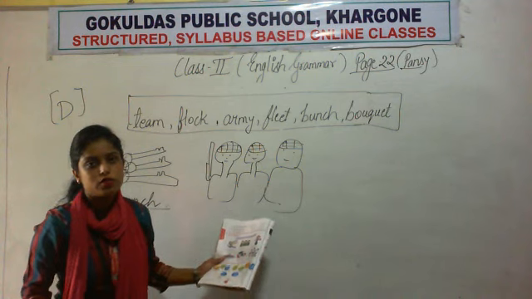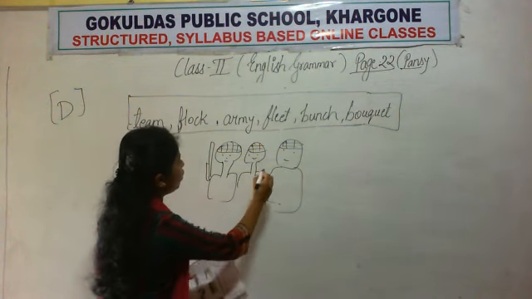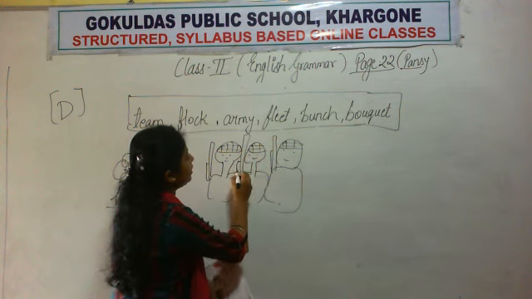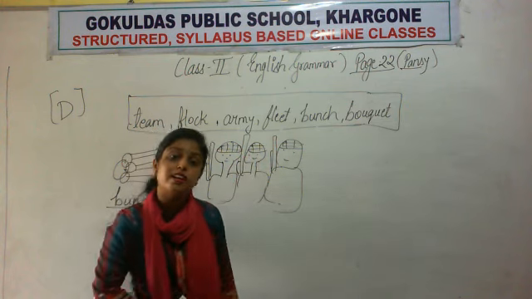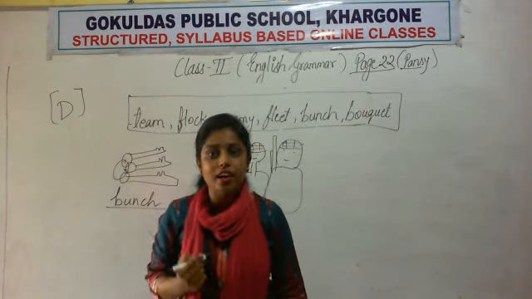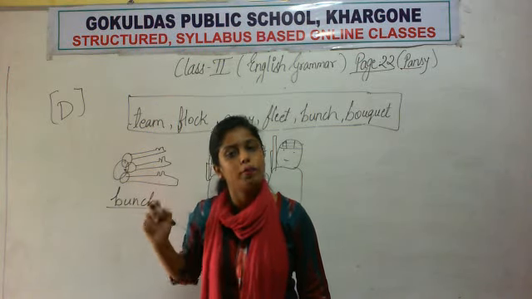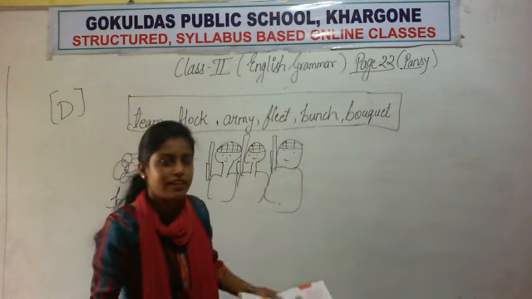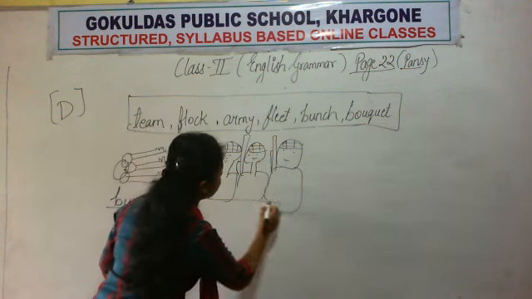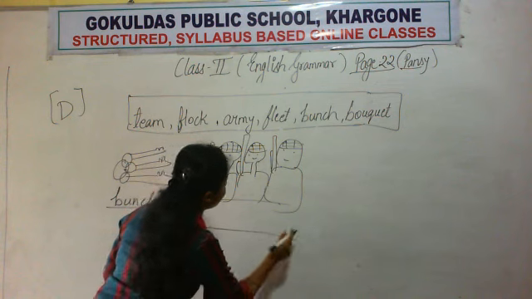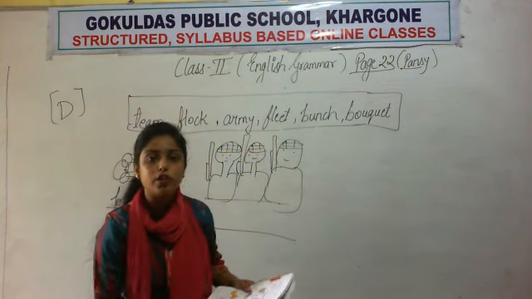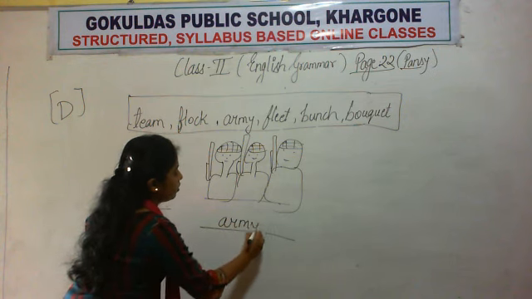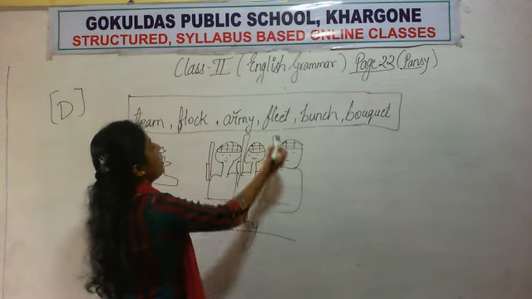So there are group of soldiers given, right? And all of them are having guns. Why are they having guns? To protect us from the enemies. Soldiers have guns so that they protect us and themselves from the enemies. So what is this? Group of soldiers. What do we call the group of soldiers? We call them army. A group of soldiers is an army.